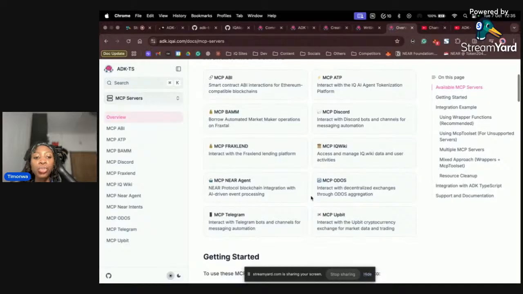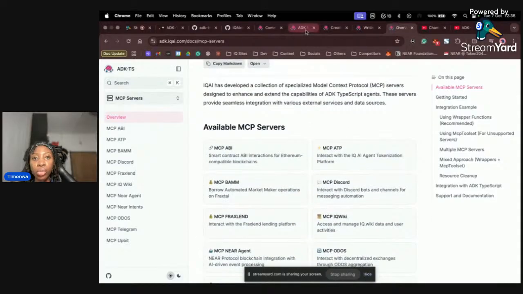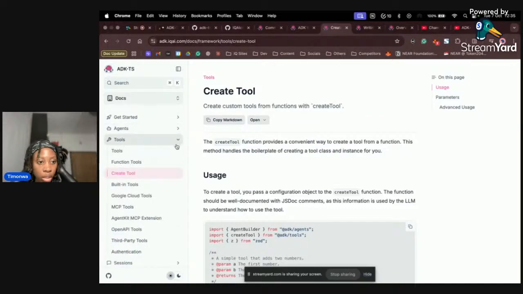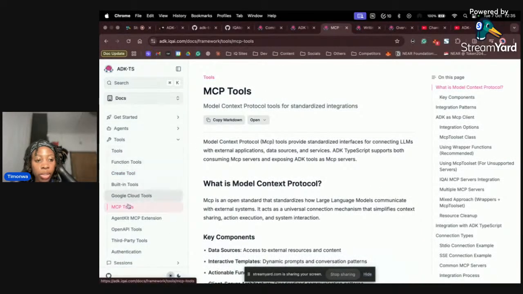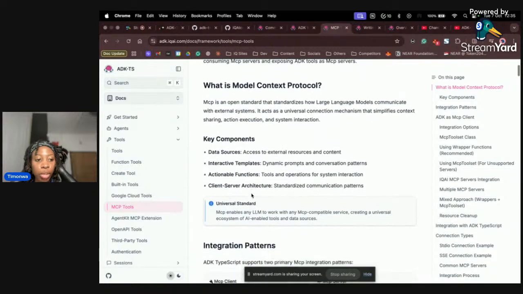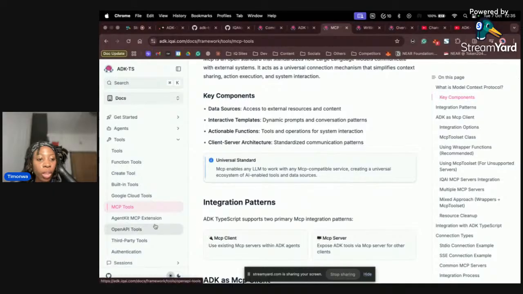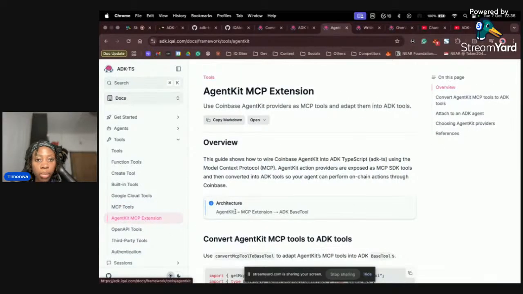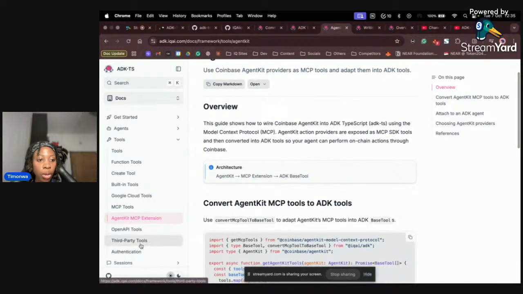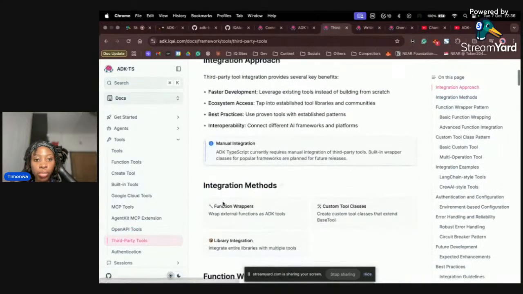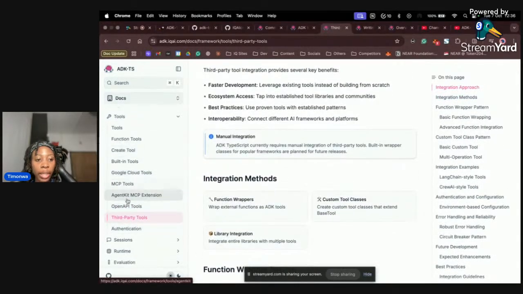And if you don't want to use it, you want to build your own, you can also come to MCP tools and look at how you can build your own MCP server. We also have Agent King's MCP extension. Maybe you want to extend one of the MCPs that we have, or you want to use OpenAI tools, or you want to use third-party tools. So our documentation will help you easily build whatever tools or MCPs that you want